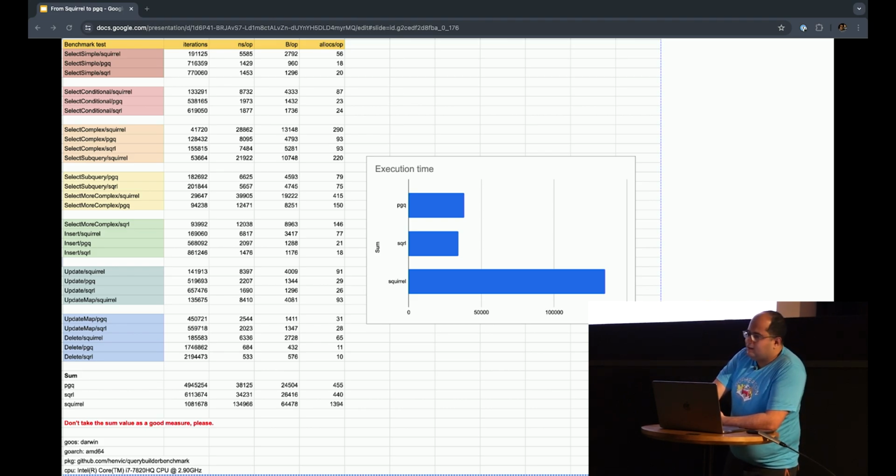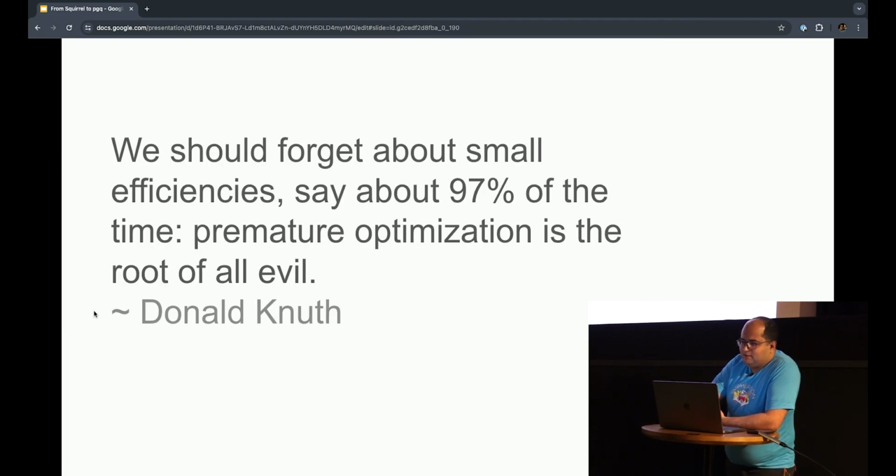So, of course, I'm not an expert in benchmarks. I might be doing a lot wrong there, but at least this gives me confidence that my code should be equally as fast as Squirrel, even if I have some problems in my benchmarking. And why I find that this is something important,